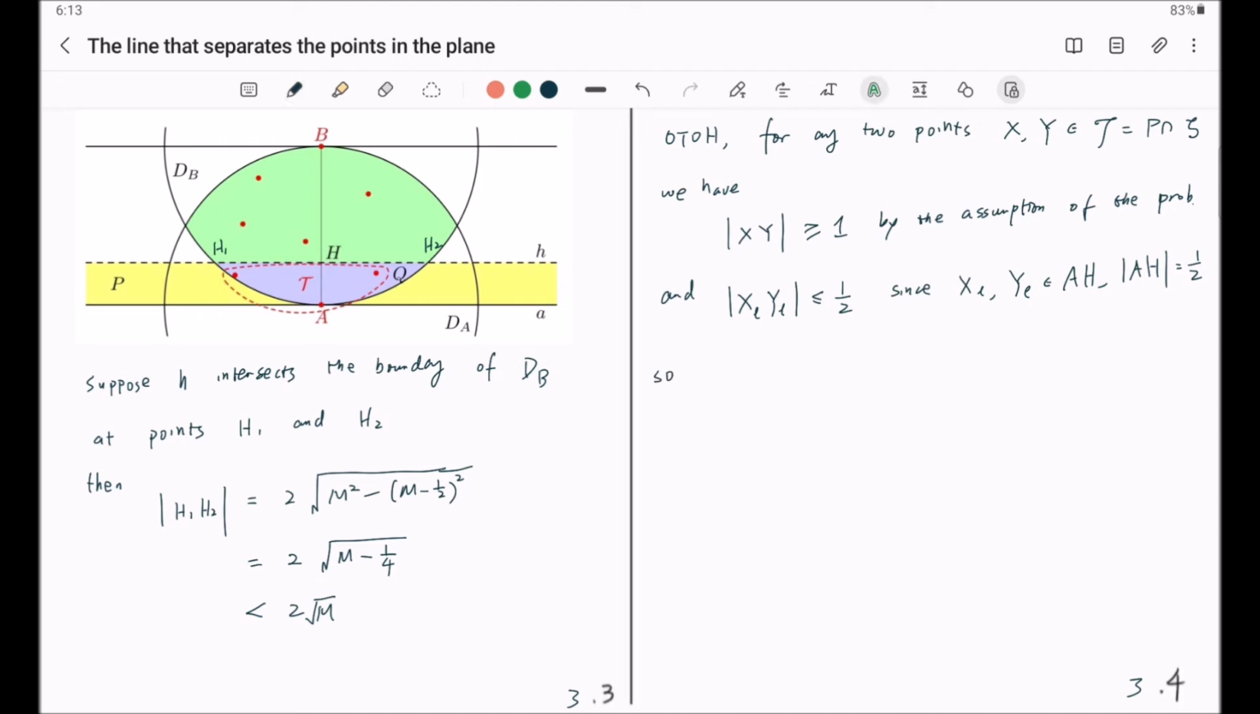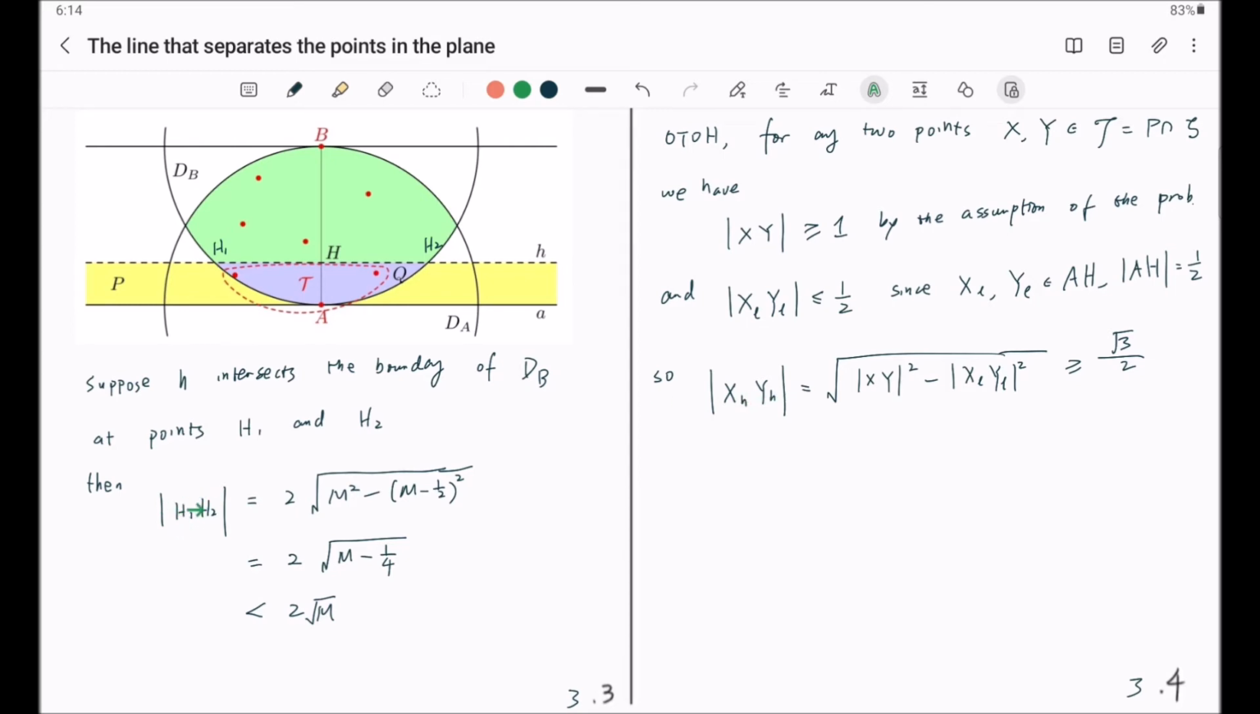if we now project x and y onto the line H, if you look at the line segment XH, YH length, by using the Pythagorean theorem again, this is greater or equal to root of 3 divided by 2. Okay,